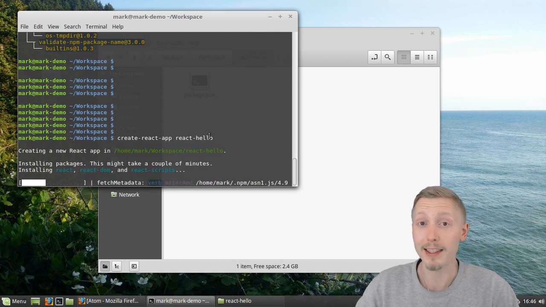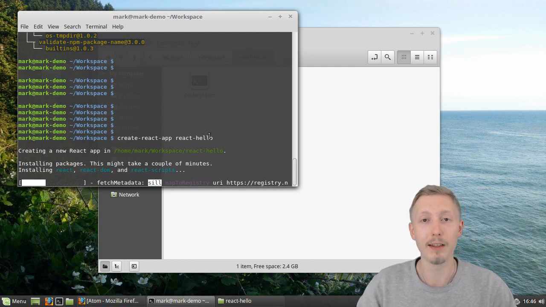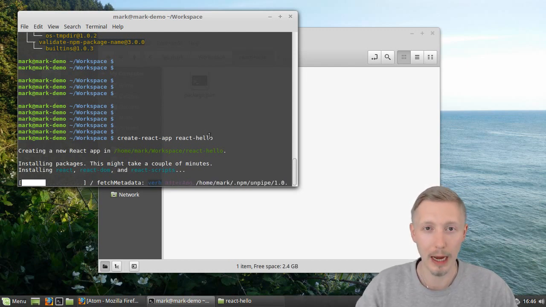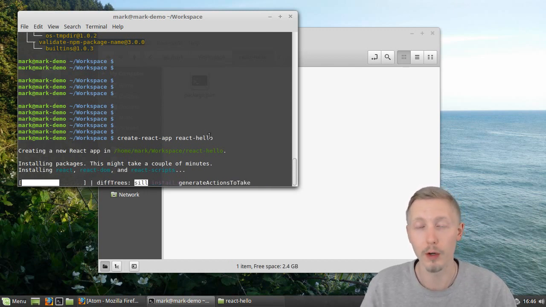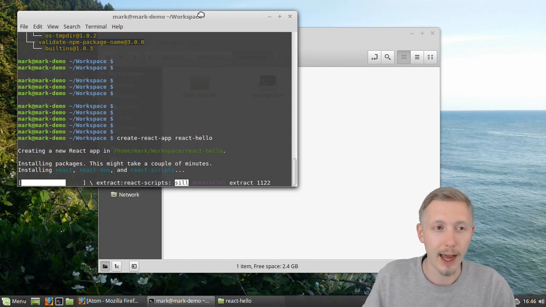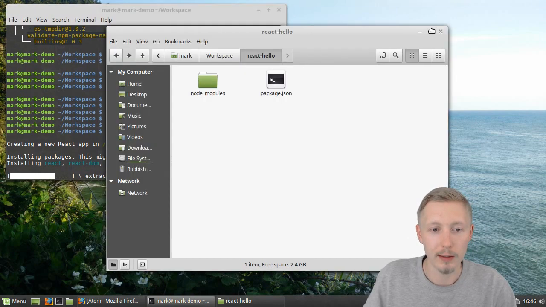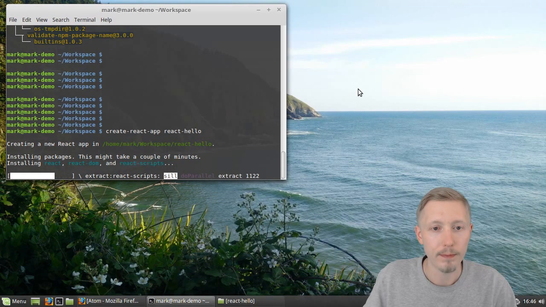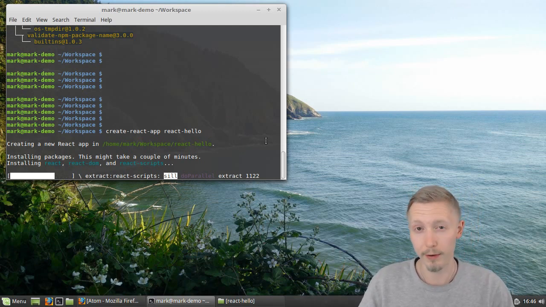So Create React App is a really useful tool for being able to create a kind of standardized project very quickly without having to do a lot of manual setup, while at the same time, as you practice it more, you'll understand how it's doing what it's doing and how that's operating in the background. So we're just going to wait for this Create React App to finish. This is actually what takes most of the time, longer than installing the create-react-app npm package, because there's a lot of packages and things that it needs to install in the background in order to get